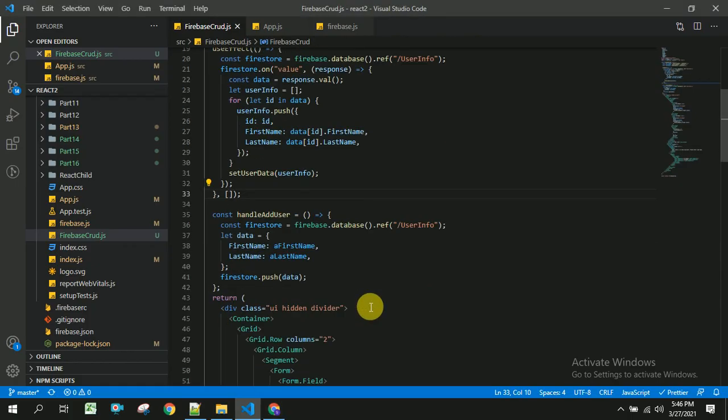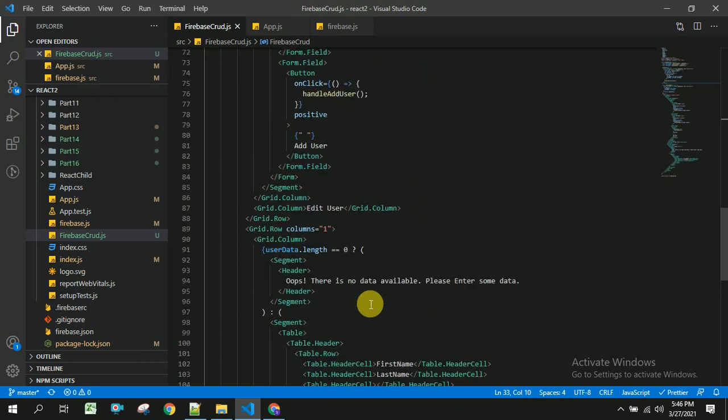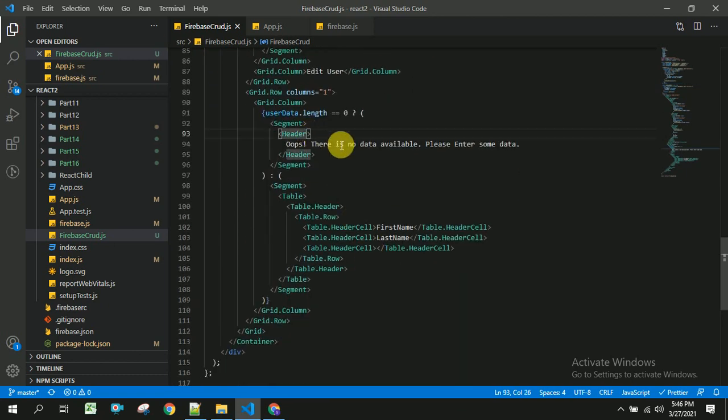So here I am going to apply some styles to this header. It is text align equal to center, and to this table I am going to apply some properties called celled and fixed with single line. That's it.